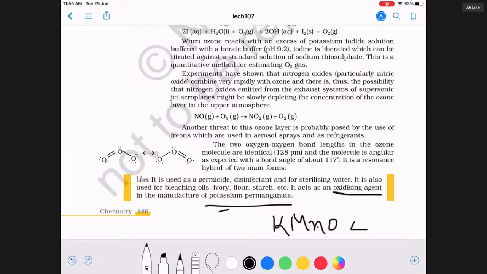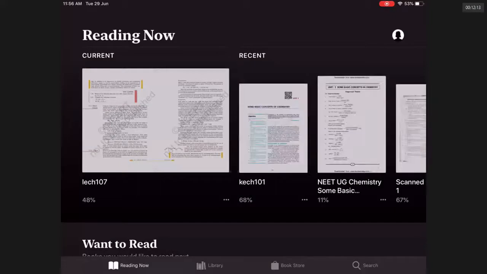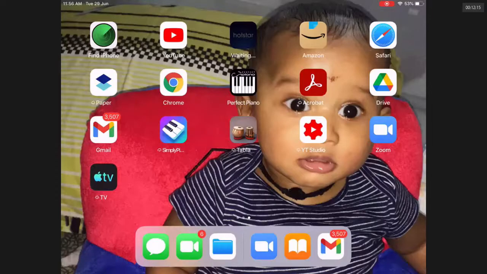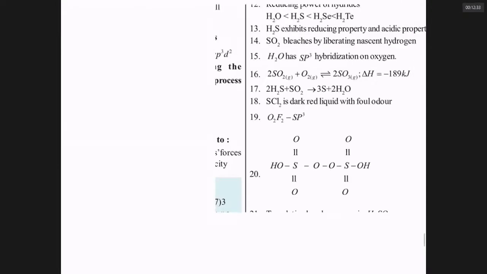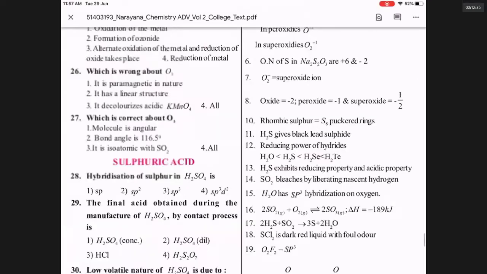Now, a little bit of homework. I have shared one book with you. In this book, the last pages contain previous IIT questions. You try to learn answers to all those. There are 11 questions on the last page. Your homework today is to learn all the 11 IIT questions. I will be showing them to you right now.